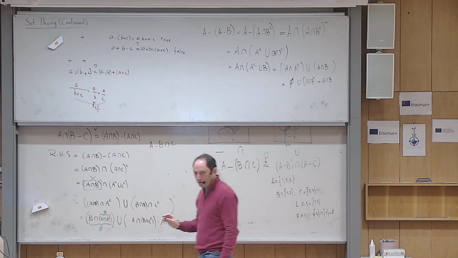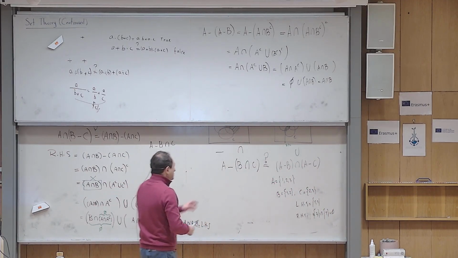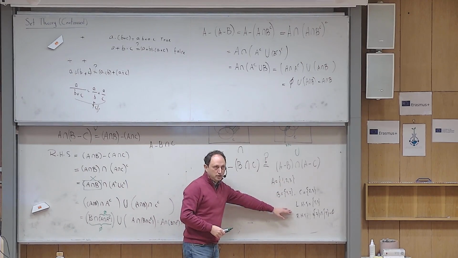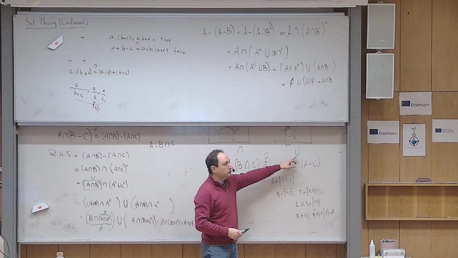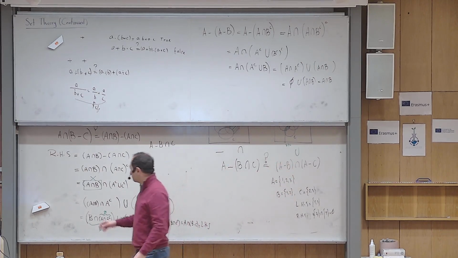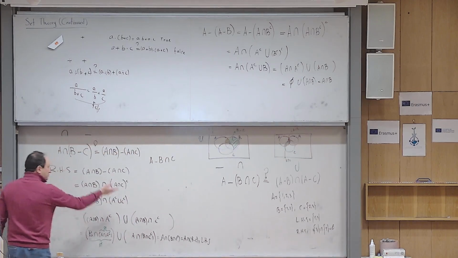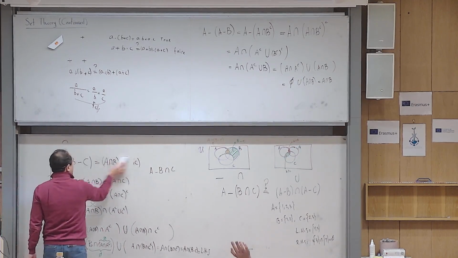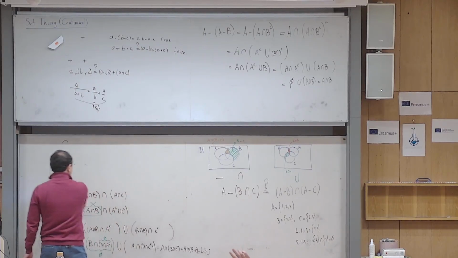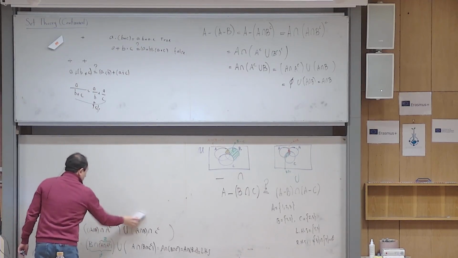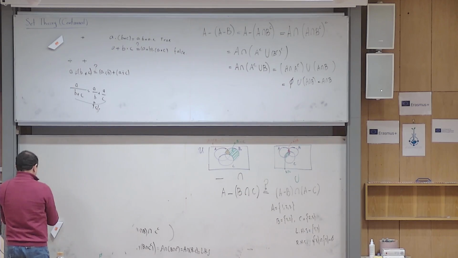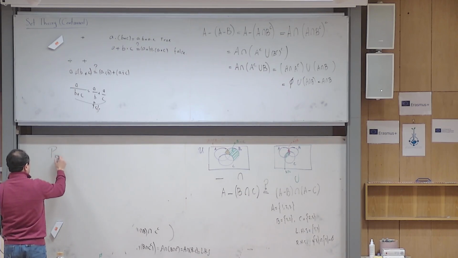But let us prove it for fun. Let us prove this. So distributivity was answered here. That was wrong. But let me put union and try to prove it, okay? And I want to wait for you. In principle, you should be able to do that yourself. Okay, so this is a different story. So prove that A